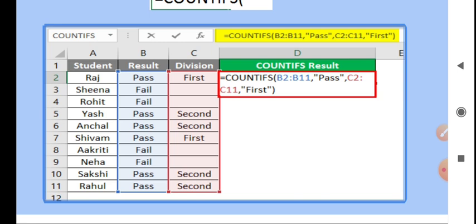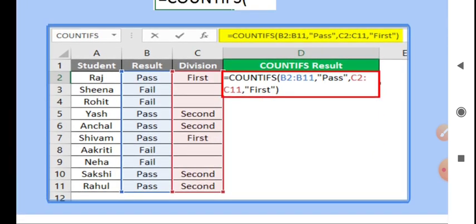Okay. So according to that, in these two conditions, I want the student to be pass and he should be first. So how many are there? See, Raj is there, then Shivam is there, correct? How many are there? 2.